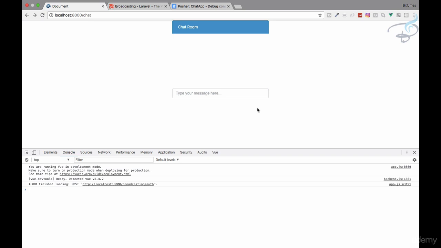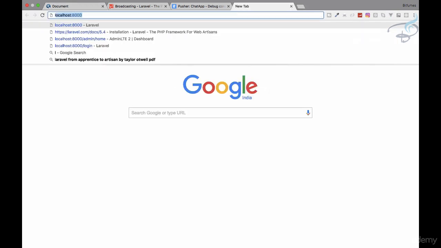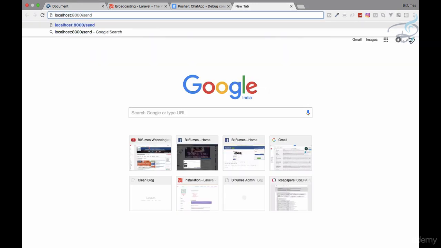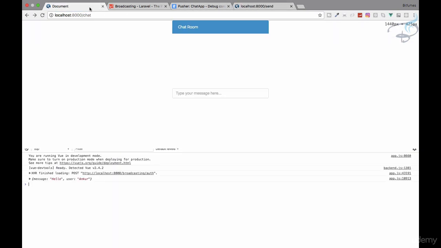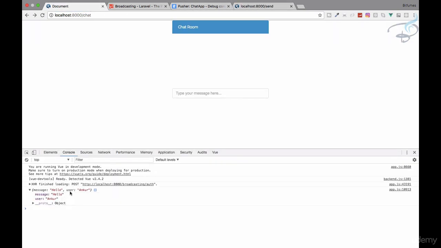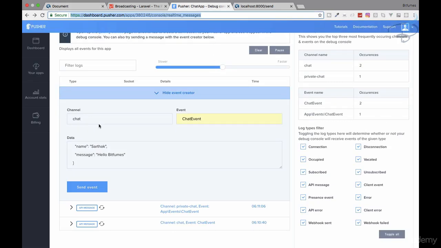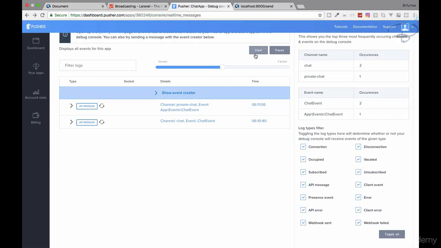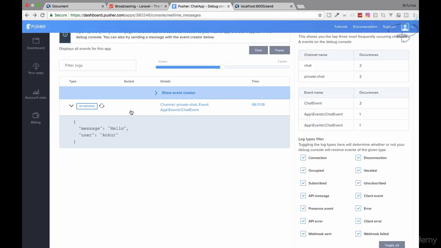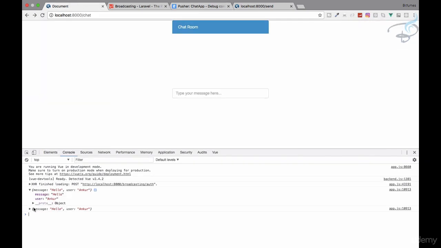So that's good. So now let's go here, and I will say localhost slash send, and here we are getting the things hello and Ankur because we are receiving this. So yeah, here it is. So clear this once more, refresh here, we are having this message and user as Ankur here and console logged here. Okay, so now as our broadcasting and receiving system is correctly working, let's do all these things with Vue.js